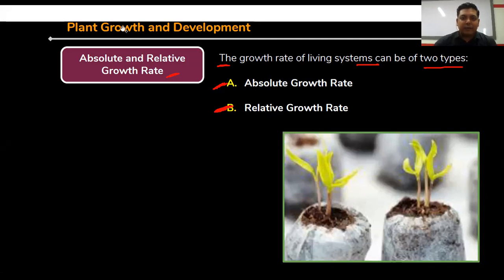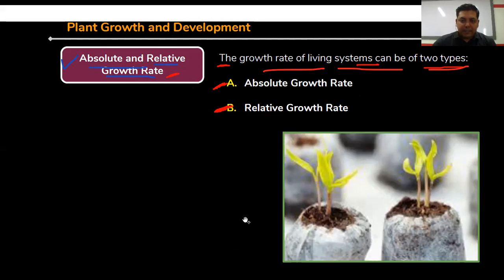These are absolute and relative growth rate, okay? So absolute and relative growth rate. What is absolute and relative growth rate? The growth rate of living system can be of two types. So again, we can classify the growth rate in living system into two types, right? How much growth is found in case of any living system, we can classify them into two types, absolute